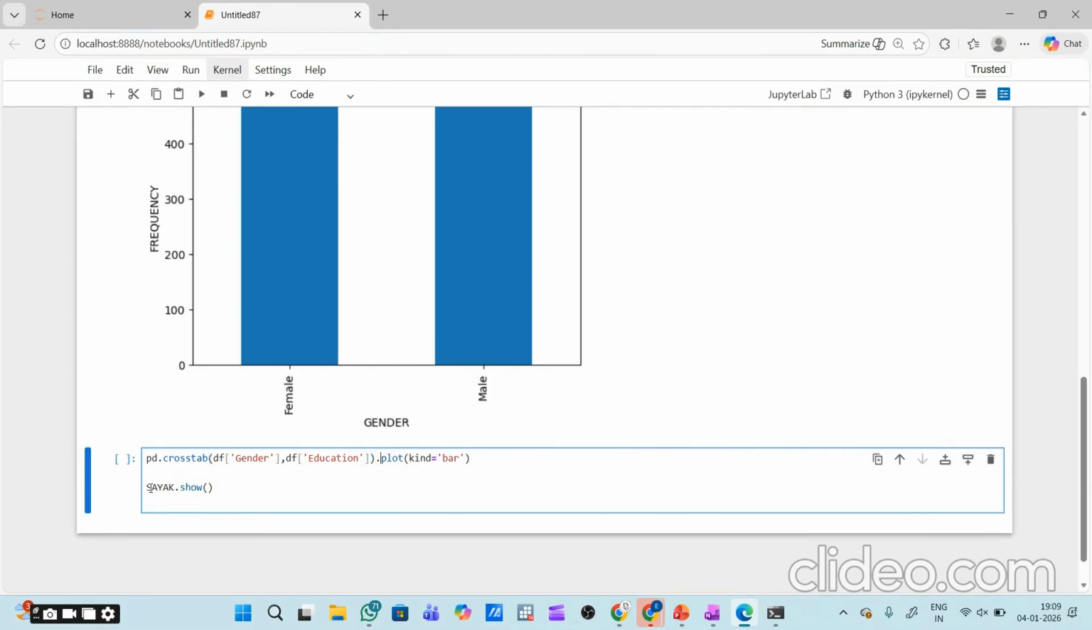To see the visualization of the multiple bar chart, we will use plt.show, because Matplotlib is the library which will show you the visualization. The multiple bar chart will be created by pd.crosstab, but to see the visualization you have to use plt.show, that is matplotlib show. Okay, and if I run this code,